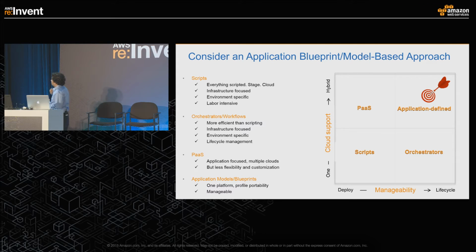So what we are seeing as a trend is an application model or a blueprint-based approach where a blueprint can capture the entire application topology, the service-oriented architecture, if you will, and infrastructure decisions can be disconnected from the blueprint, and infrastructure choices can be made at deployment time. A very simple way to look at this